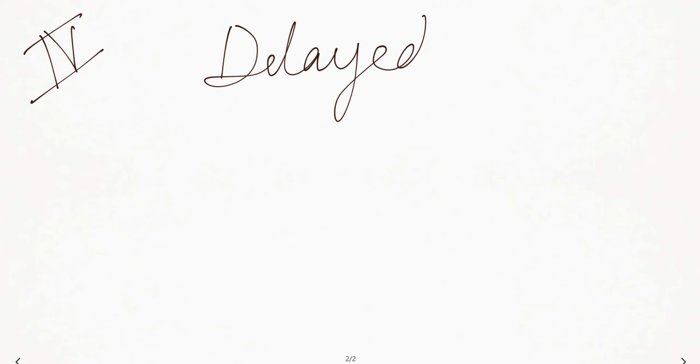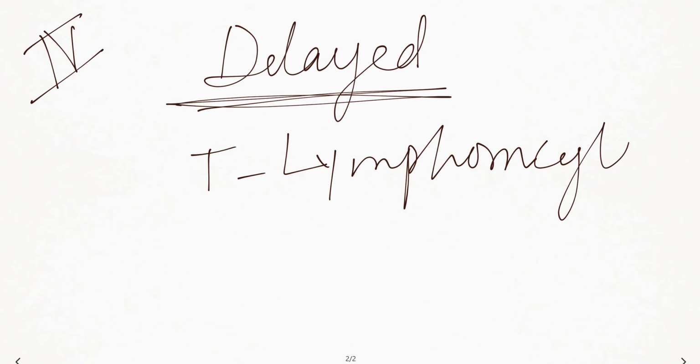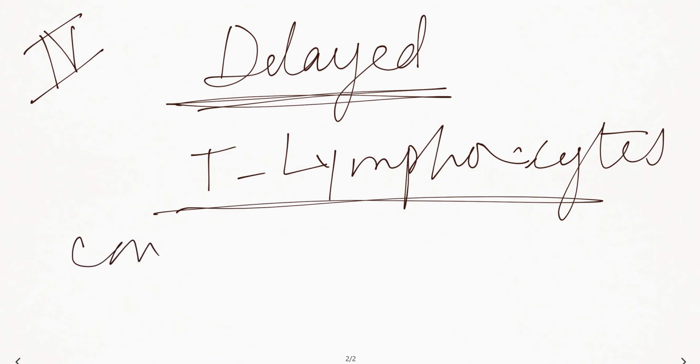We are going now to type 4. Okay, hypersensitivity reaction type 4. And the main feature of this one is that it's a delayed reaction. Okay, this is a delayed reaction, and it is mediated by T lymphocytes. This is the $1 million information here. It is mediated by T lymphocytes, and contact dermatitis is the main